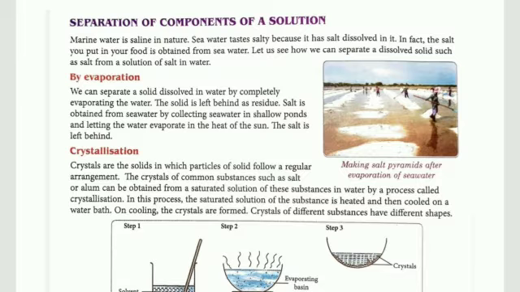Water means sea water. First, by evaporation. This is the easiest way. We can separate a solid dissolved in water by completely evaporating the water. The solid is left behind as a residue. Water is evaporated and the solid is left behind as a residue. Residue means what is left at the bottom of the